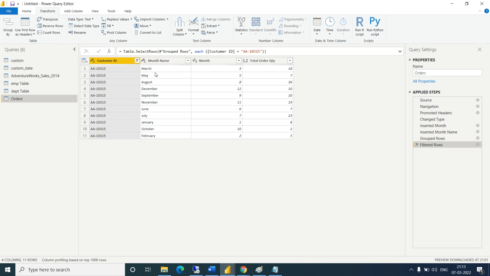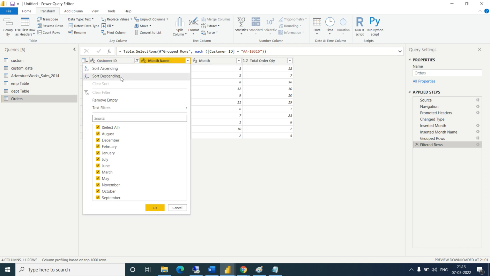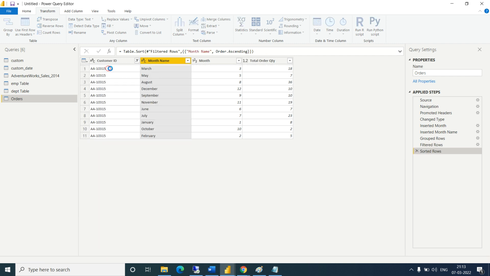What should we do? Even if I do the ordering based on the month name with sort ascending, it will not sort properly. It sorts based on the keyword, alphabetical ABCD order.